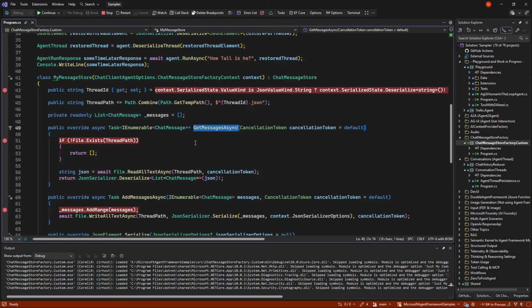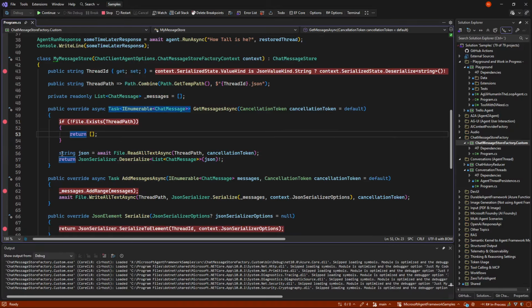But when it needs to get the messages, it will try and get them from the file. And if there's no file, we just return zero because we have no messages to rehydrate. Else we get all the data from this file, which is just JSON, and we deserialize it to chat messages. So that is how we get the messages.